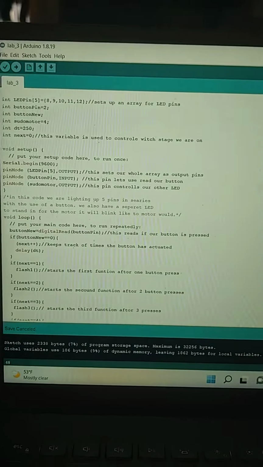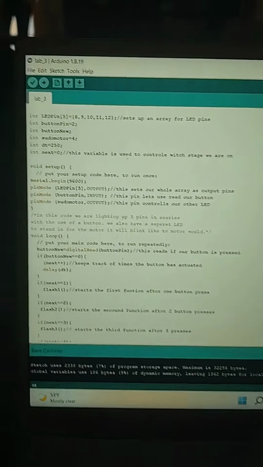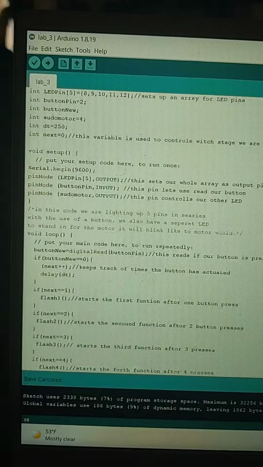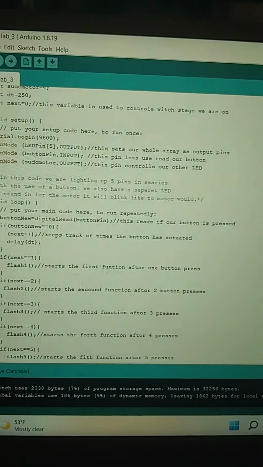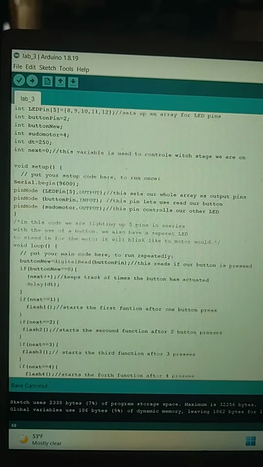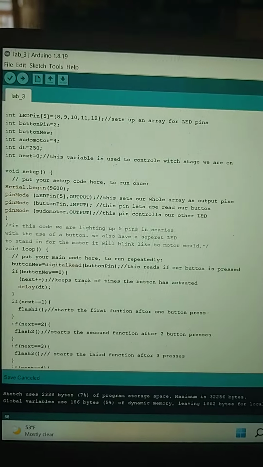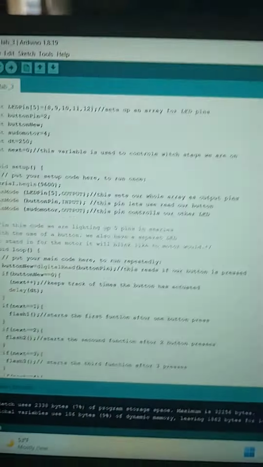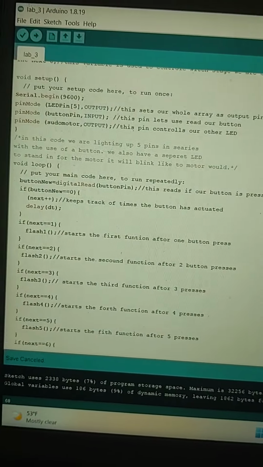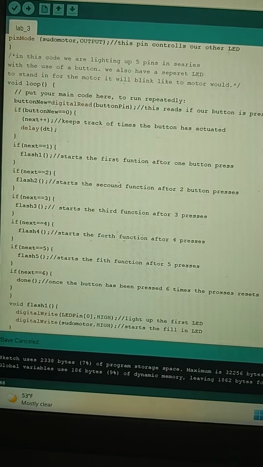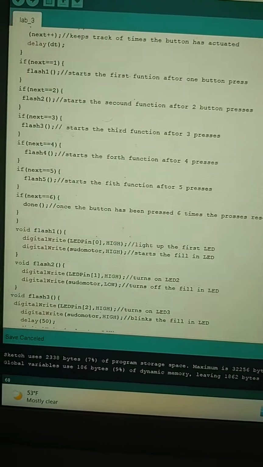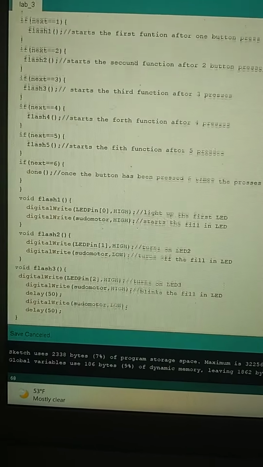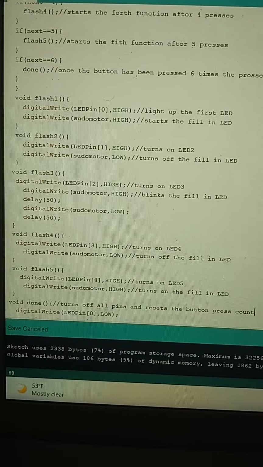And here's the code that I have, with all the variables at the top. And then I set my pin modes out. I use an array to set all my pin modes and to indicate all the LED pins for the 5 LEDs. And then for all of the stages, to isolate them, I used if statements,